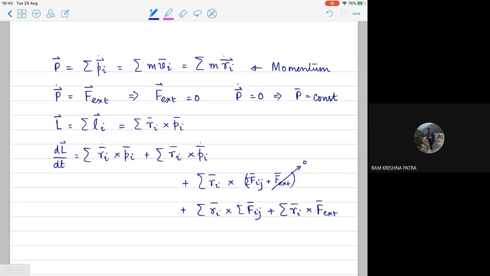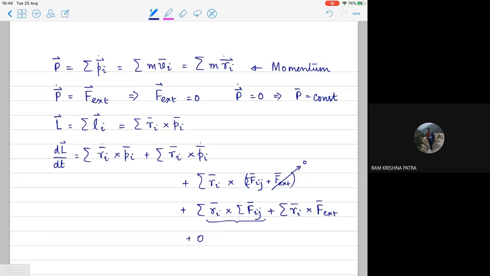Now, if Newton's third law is valid, and Fij between any pair of particles is equal and opposite to each other, then look at this first term. If there are only two particles and the force of interaction is along the line between the two, you can understand that this will again turn out to be zero. What will be left is the last term, and if the external force is also zero, then what we get is that dL/dt